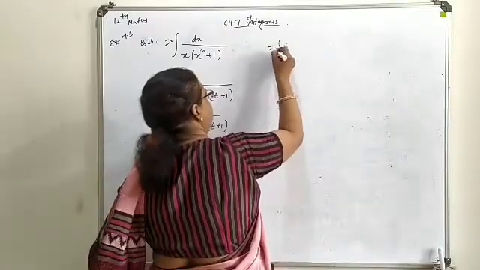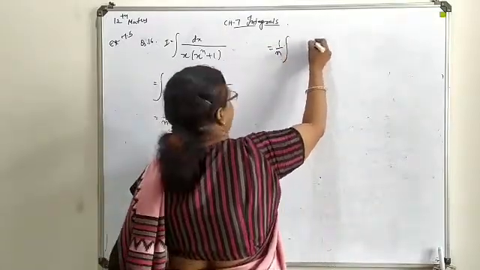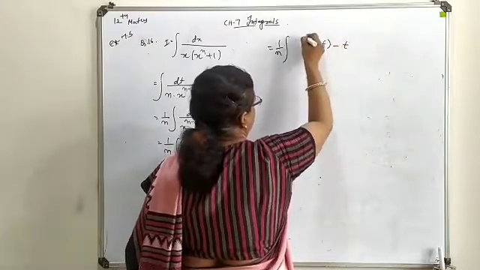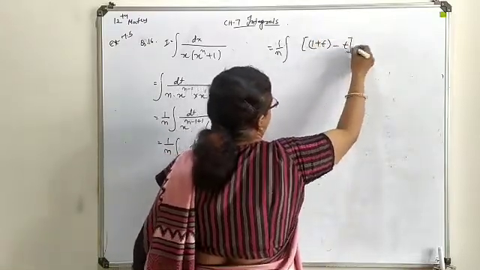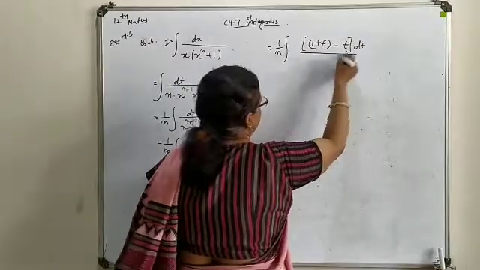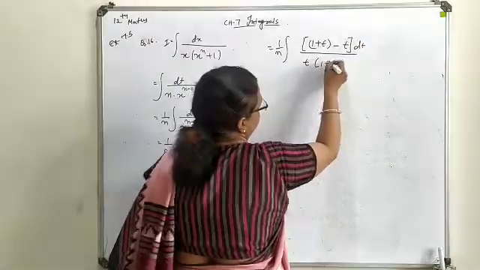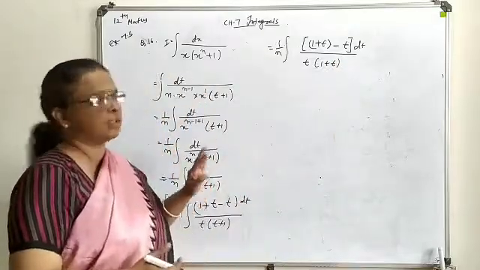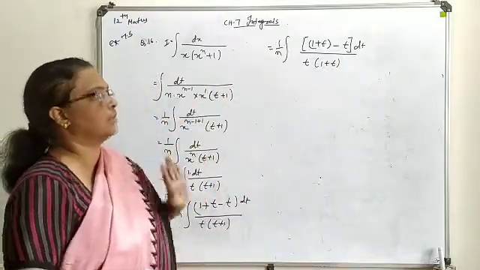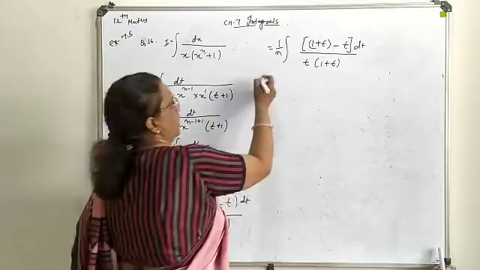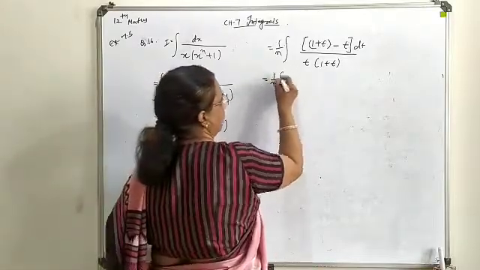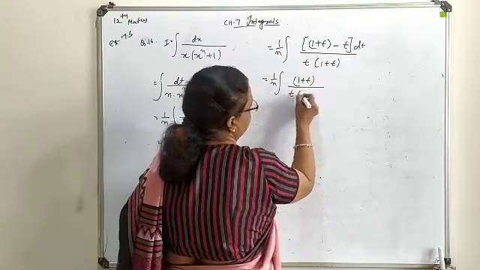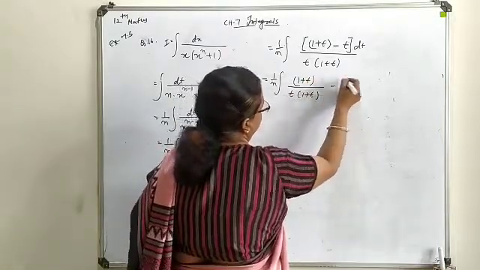This is your 1 upon n. Here 1 plus t we are going to keep together and this minus t separate. Under that this is t, 1 plus t. Now make these two terms separate and under each term you keep this t, 1 plus t form. So this is 1 upon n, 1 plus t, this is t, 1 plus t, directly also you can write.